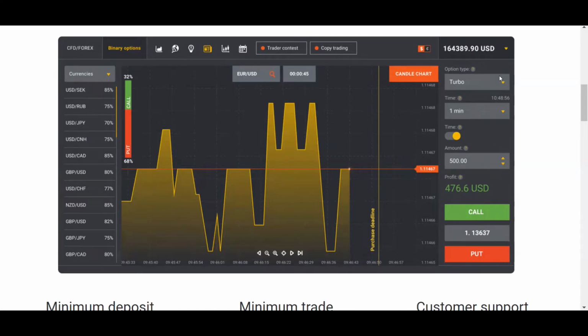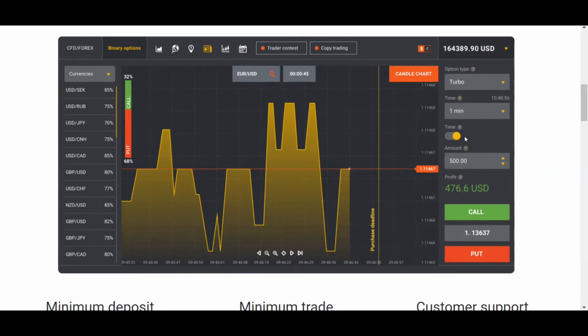Okay, so moving forward, we have a couple options here for binary. Usually I really only stick with turbo, only because it's time based, within 1 to, I believe, 30 minutes on this platform. Right here where it says time, we have this little switch here, and that means fixed time on or